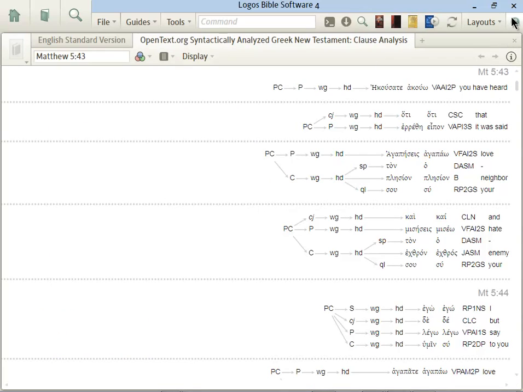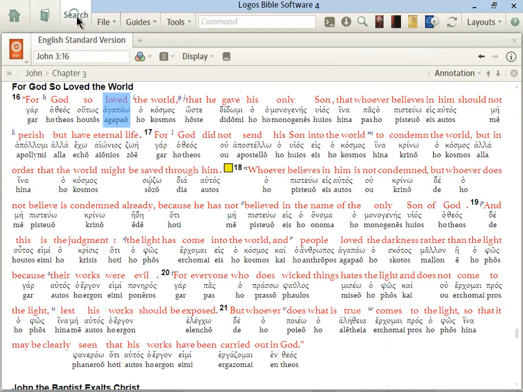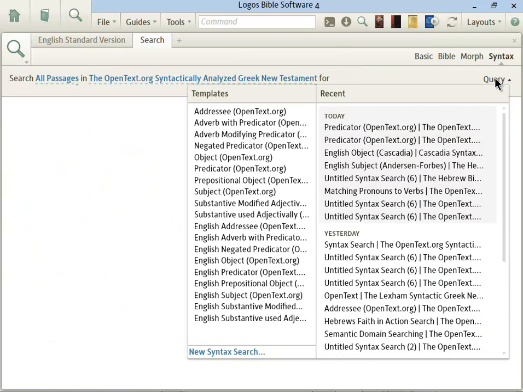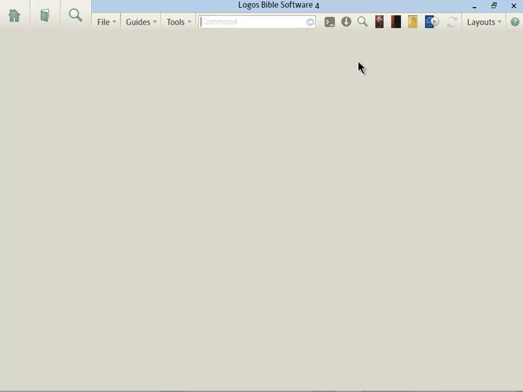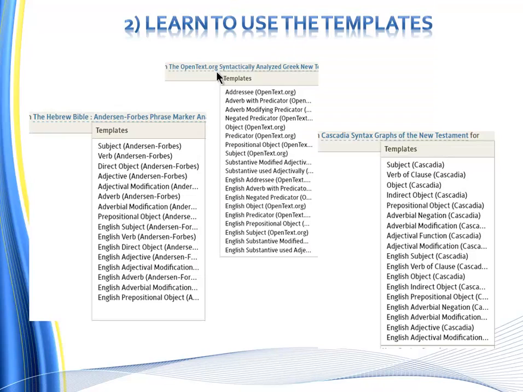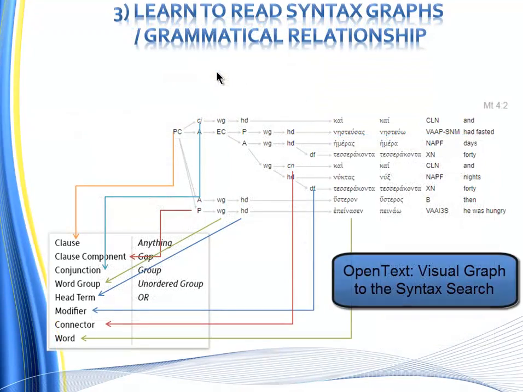So just to kind of back up a little bit, back to our templates. These templates are really powerful, and take advantage of them. They're very simple, but they can get you a lot of information quickly. It's kind of the first baby step into syntax. I mean, that's a good way of thinking of it. All right, let me go ahead and close all those resources down. Let's go back to the PowerPoint, and let's go into step 3, learning to read the syntax graphs and the